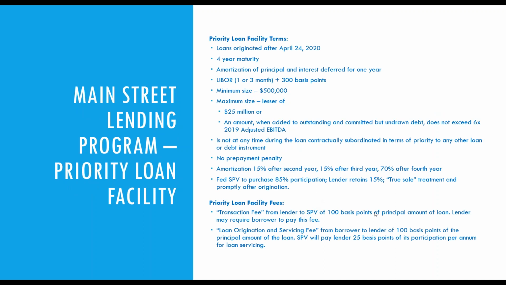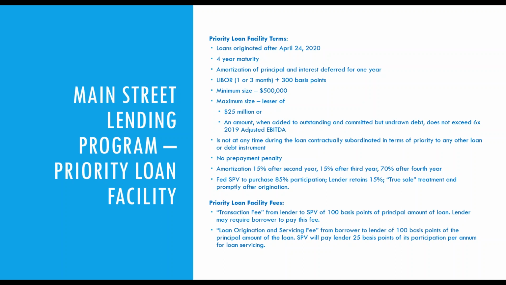So this is all in blue because this is all brand new. To shorthand it, they basically wanted to provide a facility that would lend money to more risky companies. So the big changes here are from the Main Street new loan facility. For some reason, they decided to call this the priority loan facility. I don't know why. Maybe priority means the house is burning down, so we definitely need the fire trucks. I don't really know. But it's simply another way of getting a new loan from an eligible lender